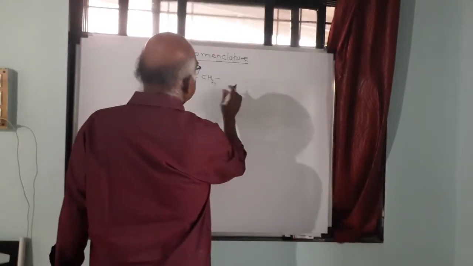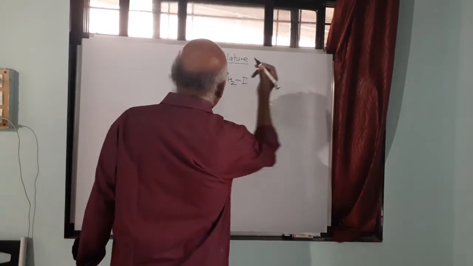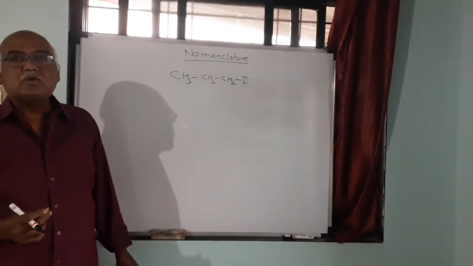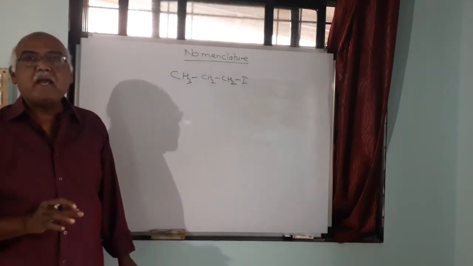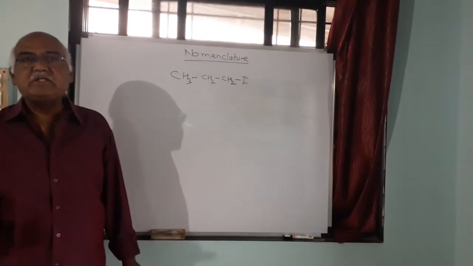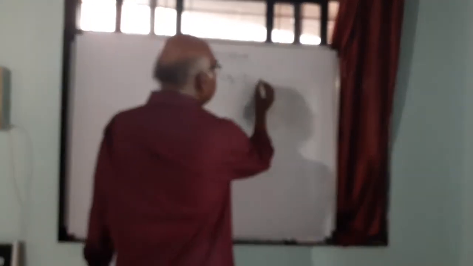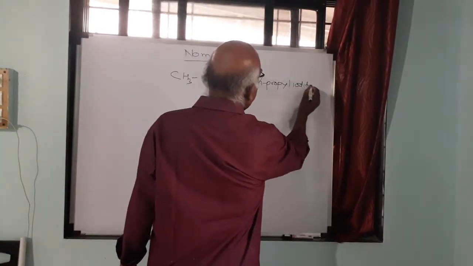CH3, CH2, CH2, and I have increased one carbon atom: CH3, CH2, CH2I. Now this group is called the propyl group because there are three carbon atoms. This particular propyl group is called N-propyl because there is a straight chain of carbon atoms. So this will be N-propyl, and then the halogen atom is iodine, so this will be iodide,